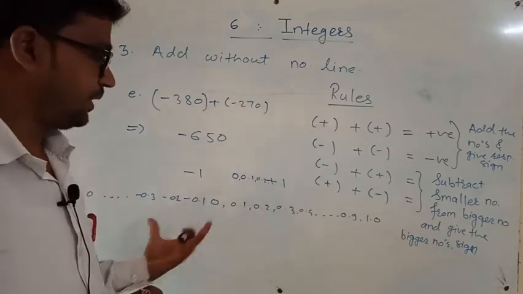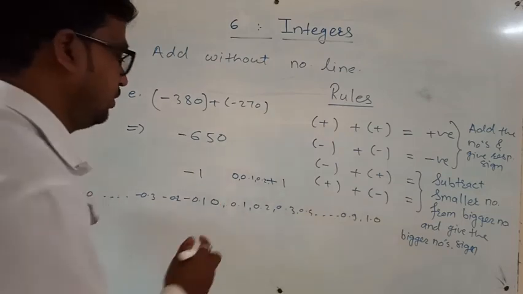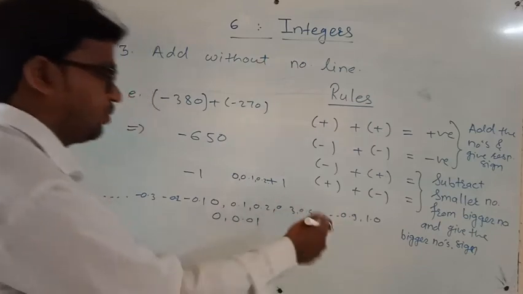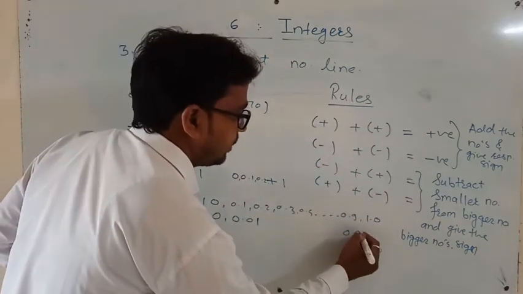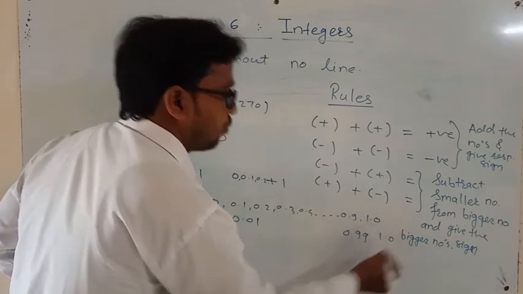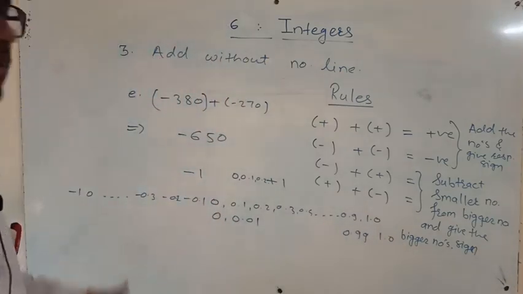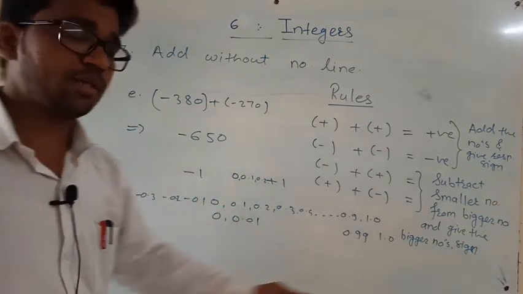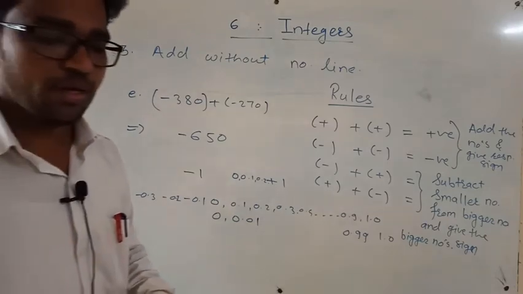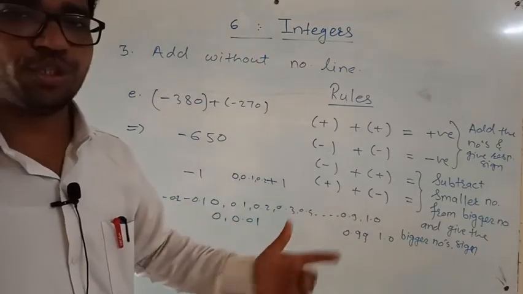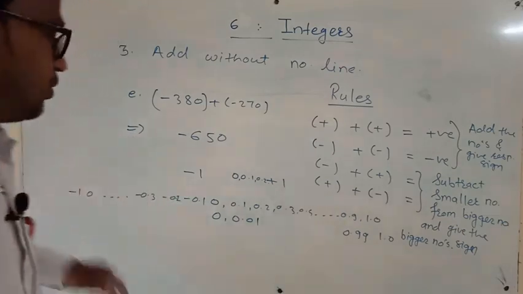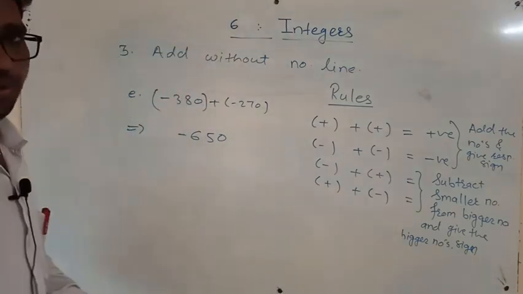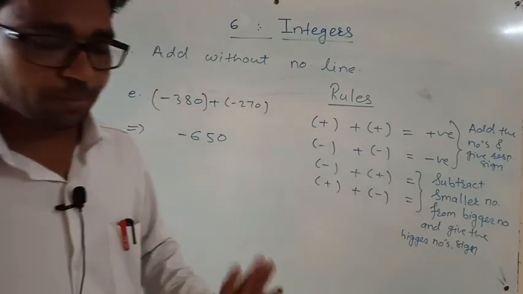Now it is only 10 and 20 numbers, but there are lots of numbers. How? If it is 0, then we start with 0.01, 0.02, 0.03 up to 0.99 and then it will be 1.0. Means 99 numbers are here, 99 numbers are here. If we start with 0.001, then 999 numbers are there, 999 numbers are here. So in between negative 1 and positive 1, there are lots of numbers. So there is too much difference between a negative number and a positive number. So keep it in mind.